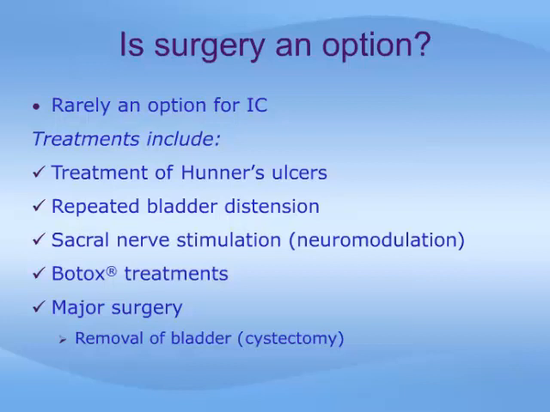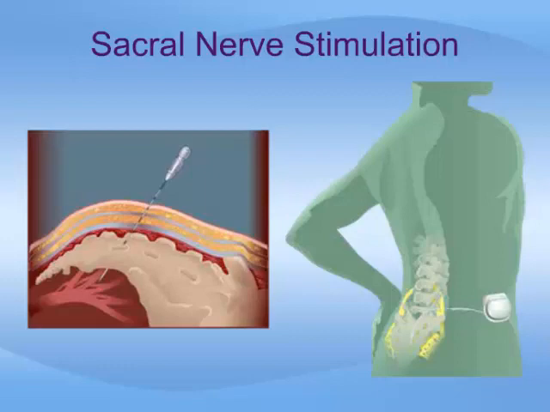There is concern with bladder distension that repeated breakdown and rebuilding of the bladder wall may speed the process of scarring and lead to so-called end-stage condition, where treatment becomes even more difficult. Sacral nerve stimulation or neuromodulation, Botox, and major surgery are discussed in the next few slides. Sacral nerve stimulation,